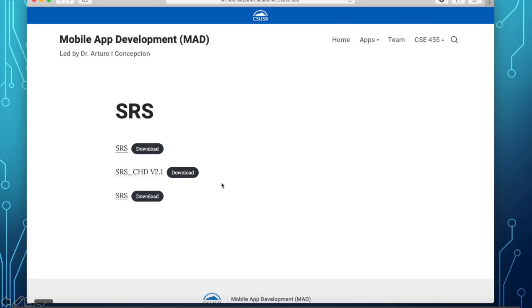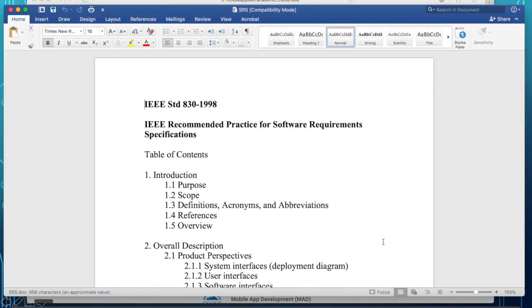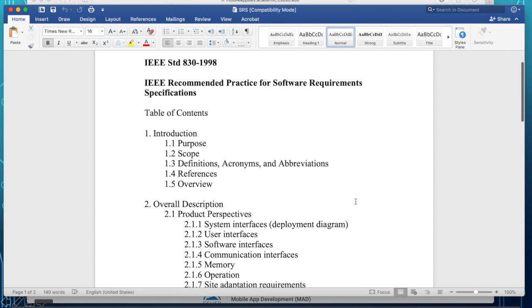And if you download it from the mobile app dev, you will see the IEEE recommended practice for software requirement specifications. So this is what I call the software process of how to write the software requirements specification.